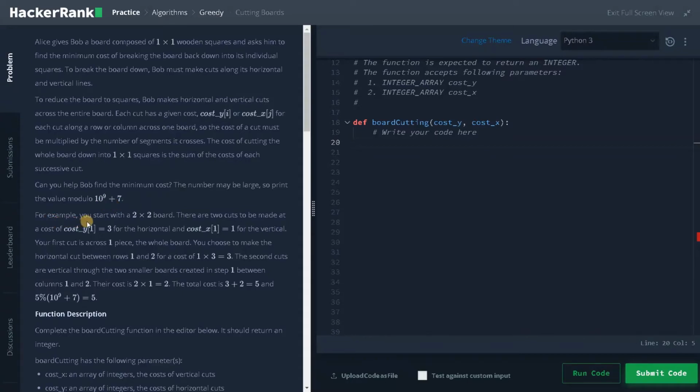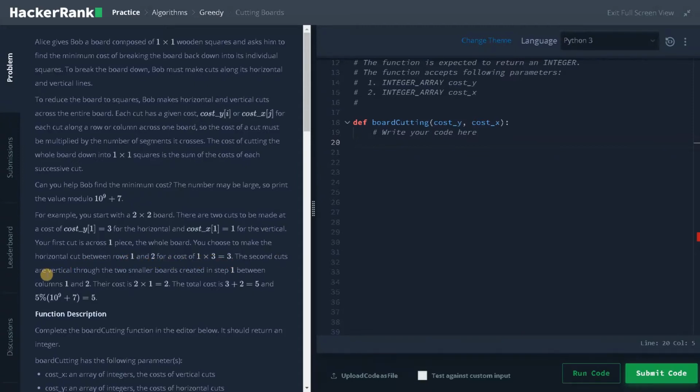For example, you start with a 2 cross 2 board. There are two cuts to be made, at a cost y of 1 equals 3 for the horizontal and cost x of 1 equal to 1 for the vertical. Your first cut is across one piece, the whole board. You choose to make the horizontal cut between rows 1 and 2 for a cost of 1 multiplied by 3, which is 3.